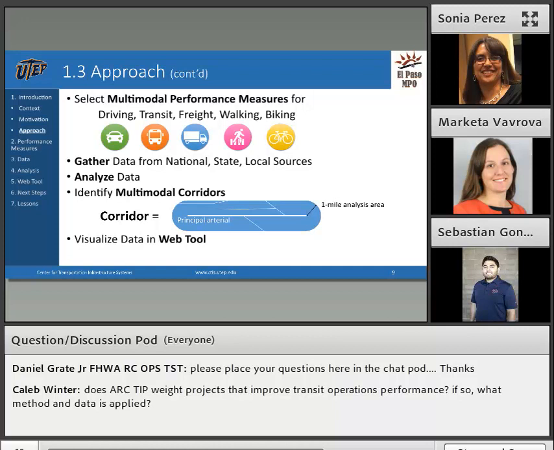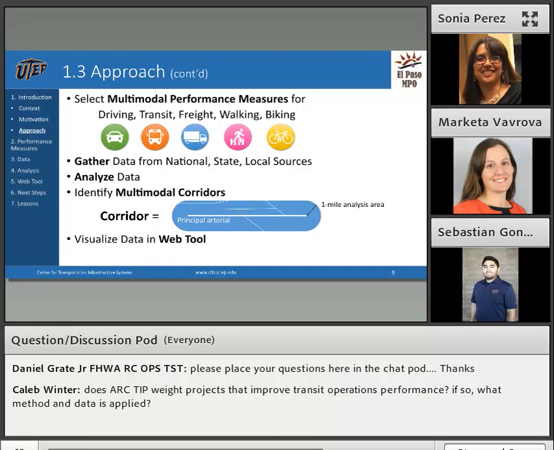So we approached the web tool in these 5 steps. First, we focused on the performance measures. Then we gathered and analyzed data. Third, we identified corridors. And ultimately, we visualized everything in the web tool.